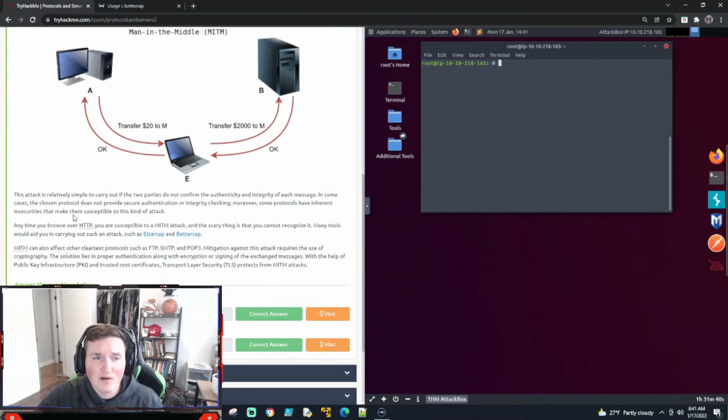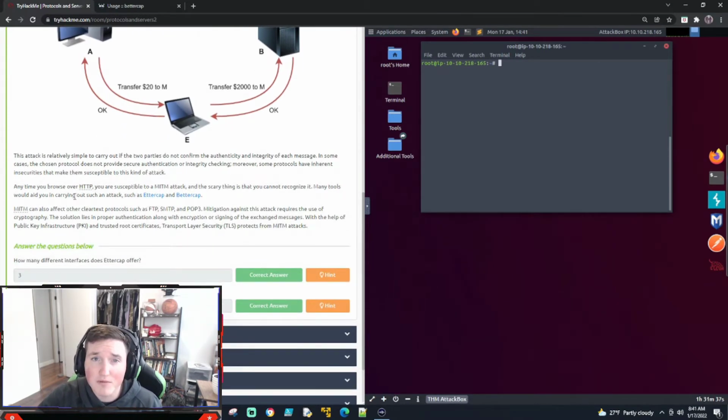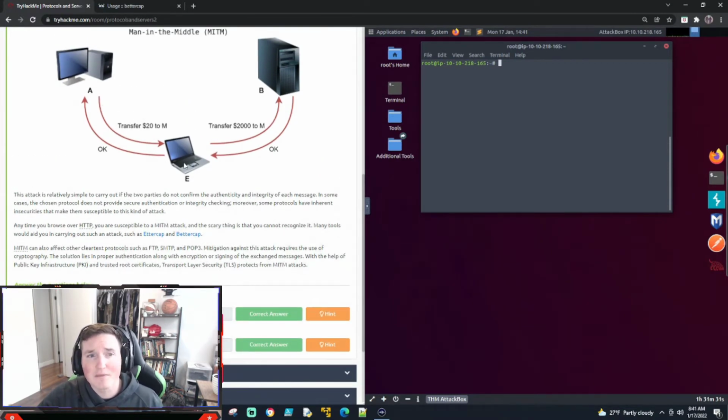Now, this only works, again, if you're using unsecure protocols. Because if you're using secure protocols, it doesn't matter if I get that information. Let's say I still pretend to be the person you're trying to reach, your destination. That's great. You just sent me an encrypted file. Unless I was there for the initial connection and I captured the encryption, I'm probably not going to get it, because we're using public key authentication, meaning the destination is the only one that can decrypt that, right? So what am I going to do? I'm going to get all these packets that are just encrypted and I can't do anything with them. So I'm just looking at jumbled letters, right? That's not going to help anyone.